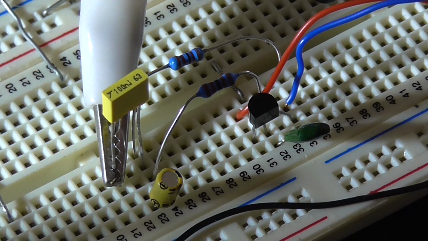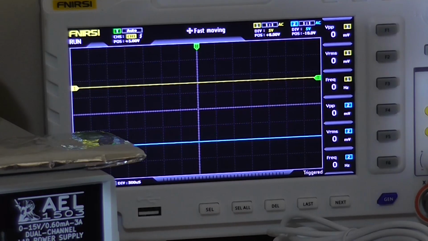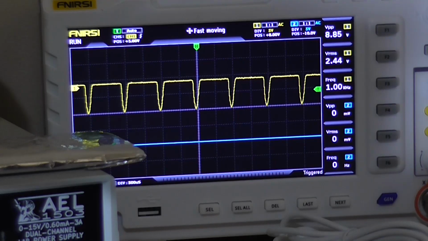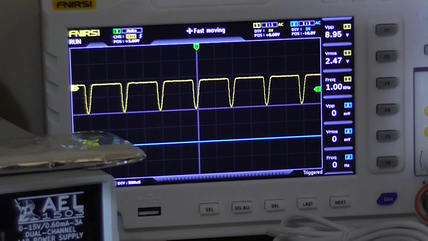Alright, I've got a 22K here to ground. I couldn't find an open packet of 10K resistors. I didn't want to open another packet just yet. I mean, they're only 88 cents, but who cares? Now, I don't think it's going to make any difference, but I'll rotate the pot. Oh, actually, now we can see a negative, which we weren't seeing before. So yeah, it does need that resistor, but